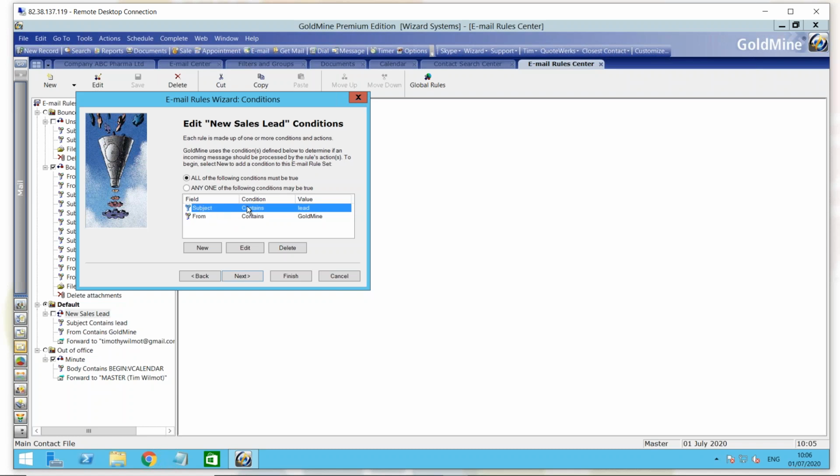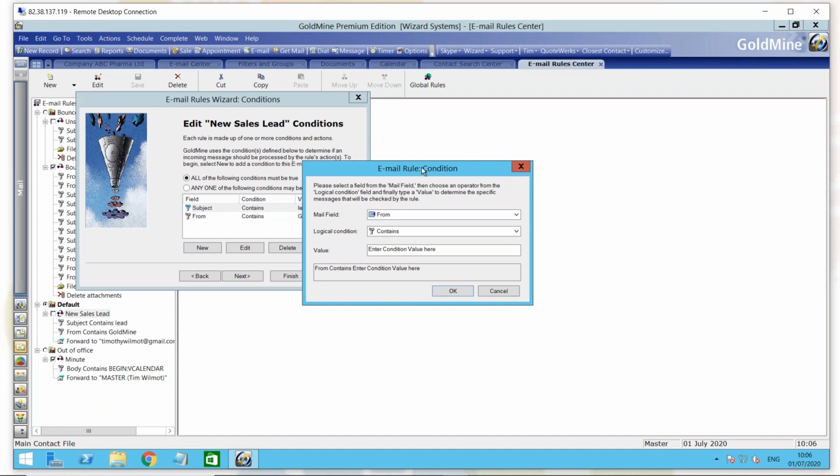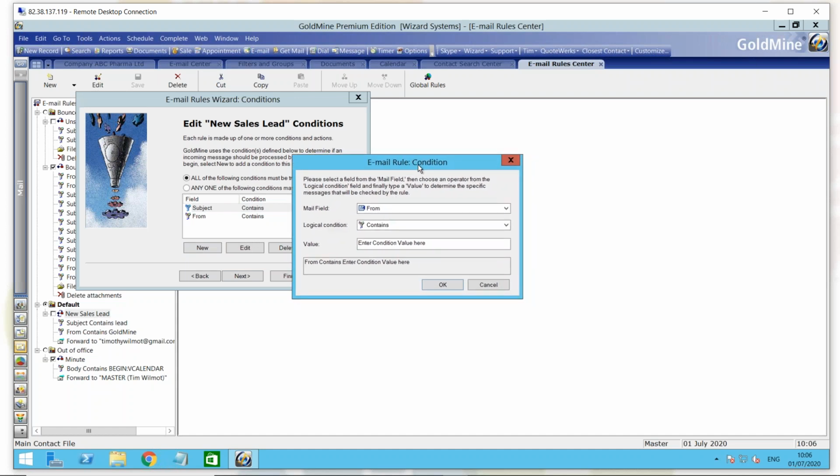So the subject contains lead, and where it's come from contains GoldMine. Right above that, I can also define a further parameter: do those two conditions need to be true, or just one of them, for example. If I create a new one, I'll be able to show you the range of different conditions you've got in